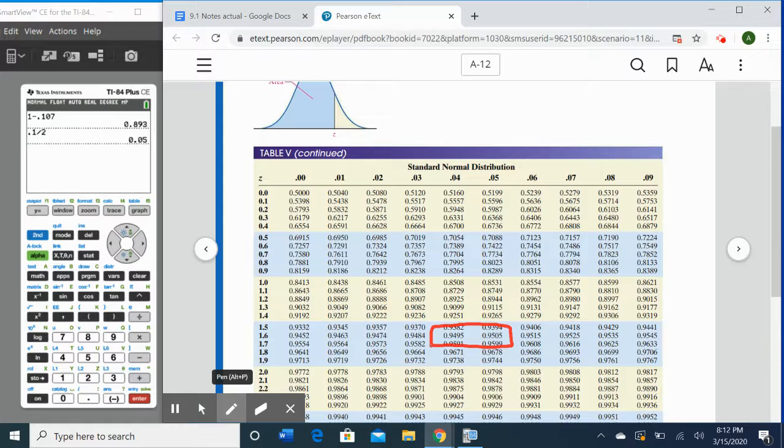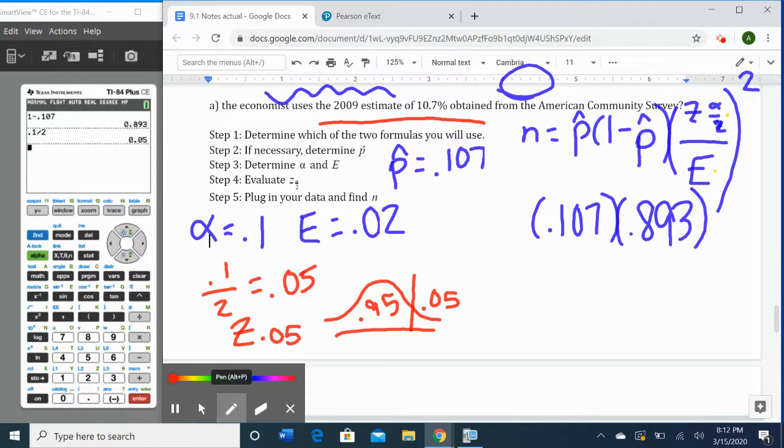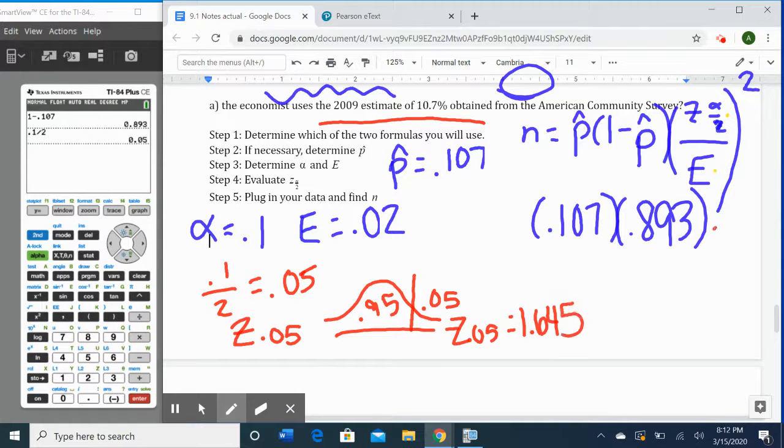So it's actually halfway between 1.64 and 1.65. And what's halfway in between those is 1.645. And so I'm going to use that z sub 0.05 is equal to 1.645. So this fraction here is 1.645 divided by